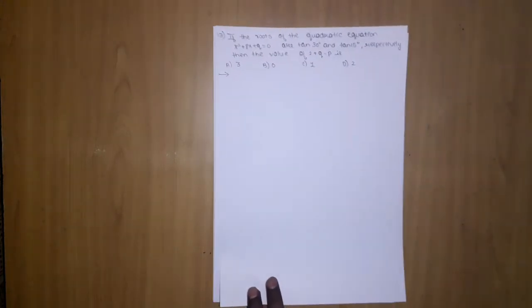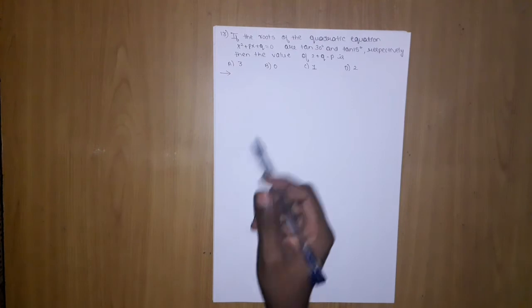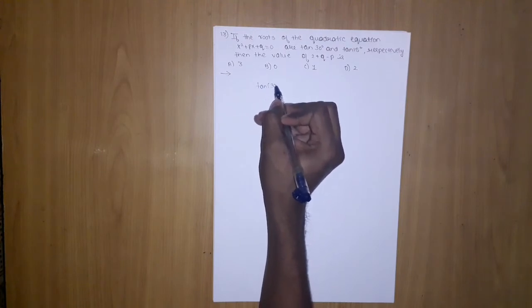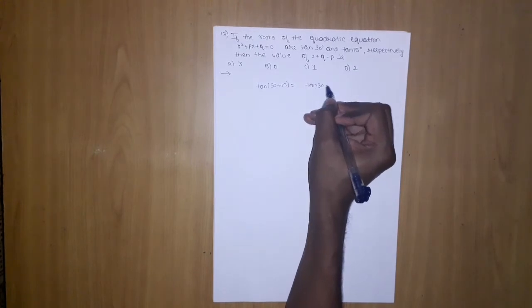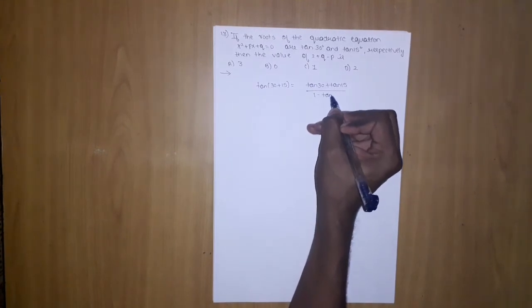Let's move on to the next question, question number 13, which says if the roots of the quadratic equation x square plus px plus q equal to 0 are tan 30 and tan 15 respectively, then find the value of 2 plus q minus p. This value we need to find out. But when you see tan, just think about the tan formula. It will be tan 30 plus tan 15. What is its formula? It is tan 30 plus tan 15 upon 1 minus tan 30 into tan 15,